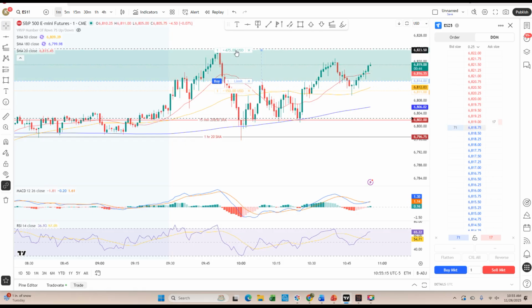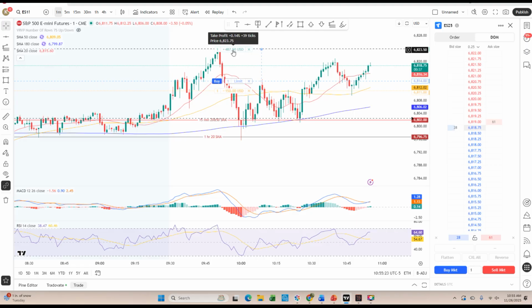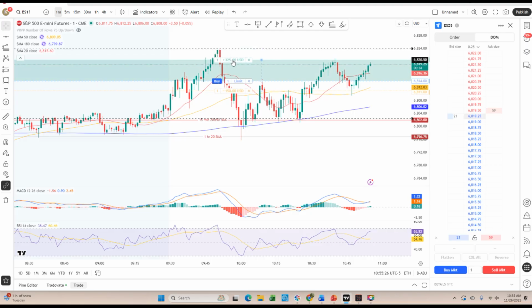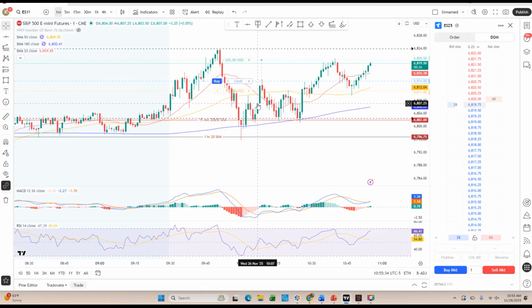I could even bring it up to this point right here if I really wanted to be a little more daring, and it's possible that it will get up there. But more than likely it will peter out right here, and for me that is a good trade, and that's what I like to go for. I like to go for the little bit smaller trades instead of waiting it out, and it's just too nerve-wracking. I like to just get out a little bit sooner. And on the ES, it's pretty easy to find a move that's going to be one leg of a move that's going to be around $250, $300 before it hits a level where it has to kind of think about